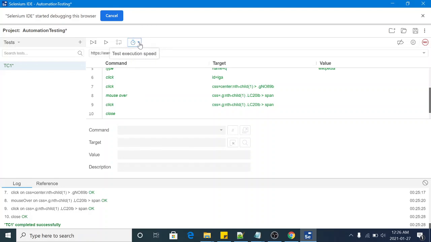So if after recording the test case you want to run the script and see how operations are performed on the browser, because in fast speed sometimes you miss some actions like clicking on an element, moving the mouse over, and performing operations like typing in a text box, because it's too fast in Selenium IDE. Sometimes you miss what is going on in the browser. You can just set the test execution speed to slow, and you can have a better look at the execution of the Selenium IDE script.